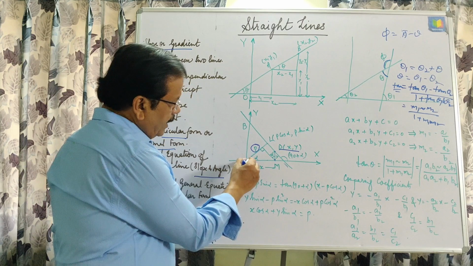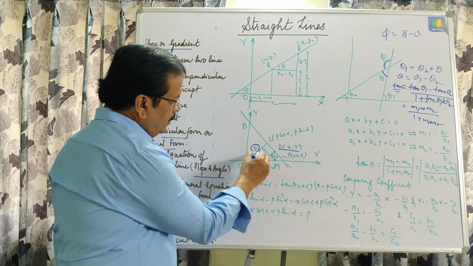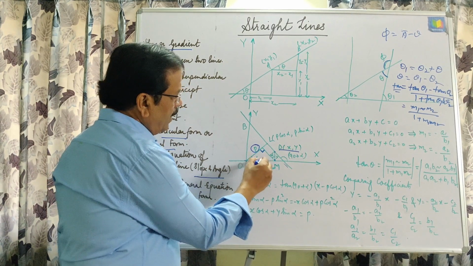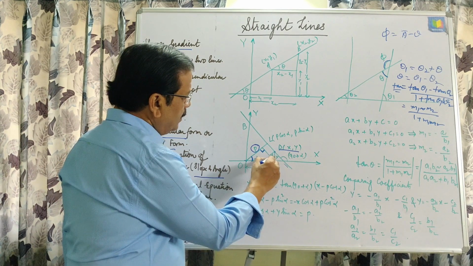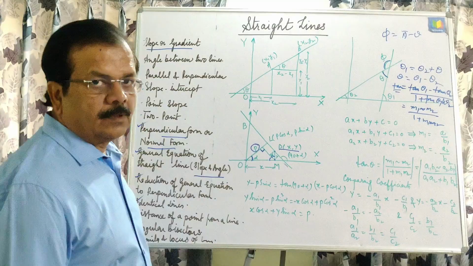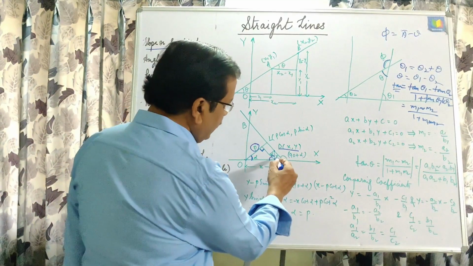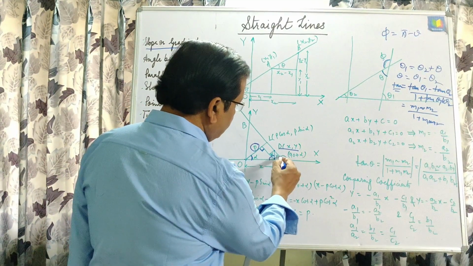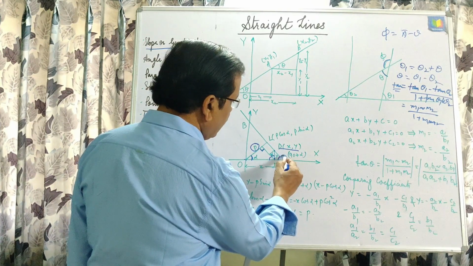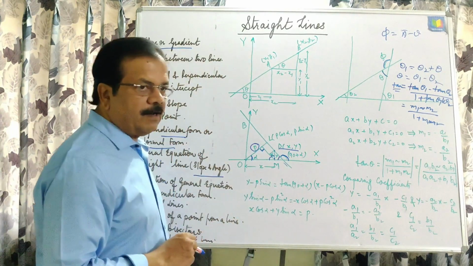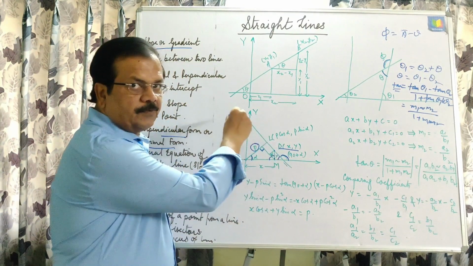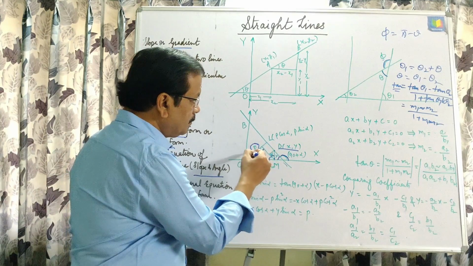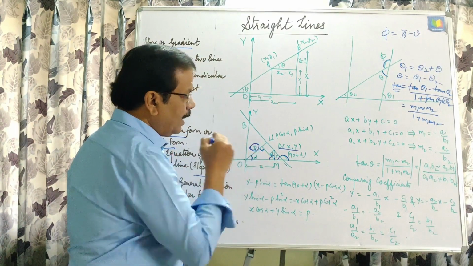Now taking the angle, this is alpha, this angle is the perpendicular 90, then this is 90 minus alpha, so this is again 90, then this is alpha. This way we are getting this as alpha. Ultimately this will be 90 minus alpha. So this angle is 90 plus alpha. Now we have to find the equation of this line in terms of P and alpha.